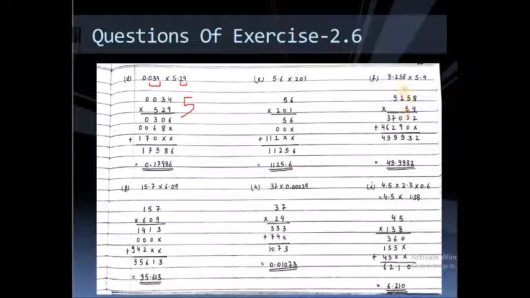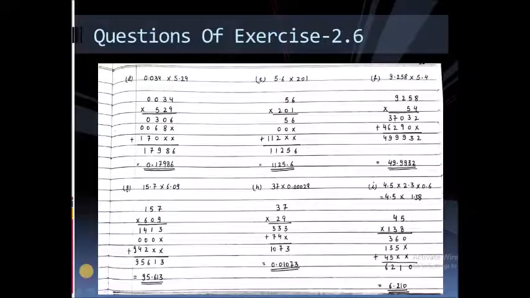Okay, here you can see you multiply both of these like ordinary numbers, again you get a product, and in the product you have to put the decimal. Here you have 3 digits after the decimal point, here only 1 digit after the decimal point. So in total there will be 4 digits after the decimal point in the answer. So from the right I will leave 4 digits and put my point here. Okay, look here in part H.